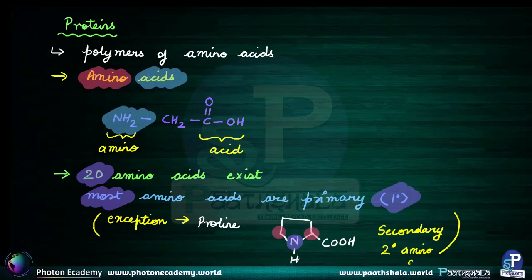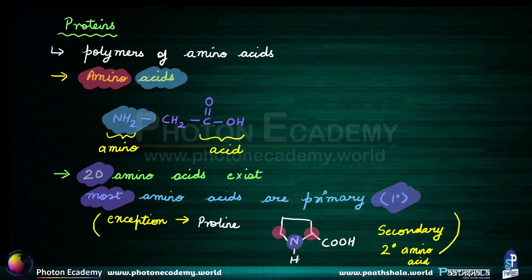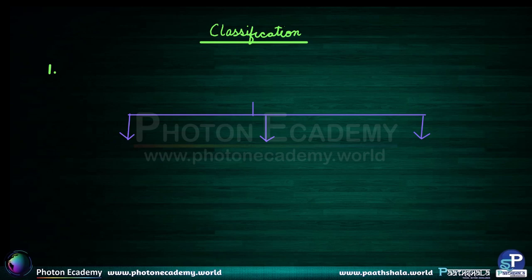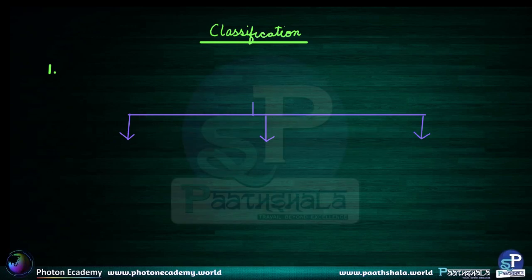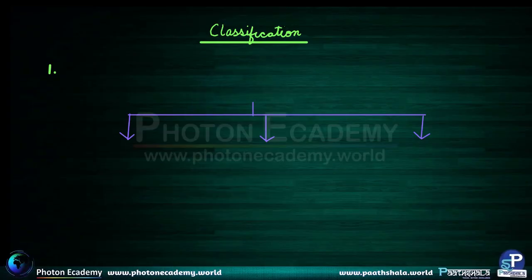Now, moving on, because there are so many amino acids, we need to classify them and put them into categories. A raw comparison would divide them on the basis of occurrence, into two categories: natural and synthetic. Natural is anything which appears in nature, and the synthetic ones are the man-made ones. But if we have to give a more solid basis of classification of these amino acids,